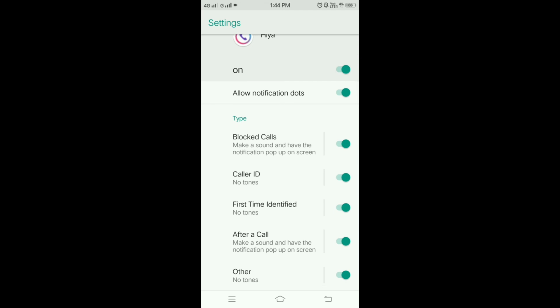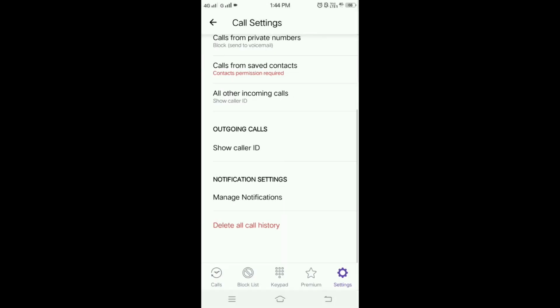It will also show first time identified, make a sound, and have the notification pop up on screen after a call. This application comes with a fairly decent call log feature which can even display the contact image of the person. However, this may require the user to be a member of the app. Given the spam identification features of the app, Hiya also works as an excellent caller ID app.